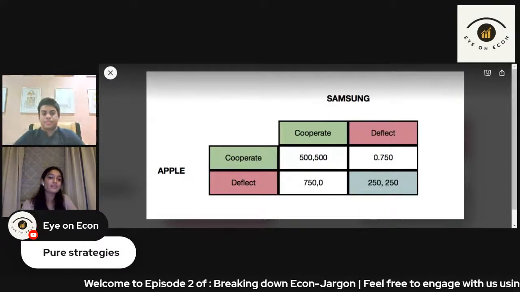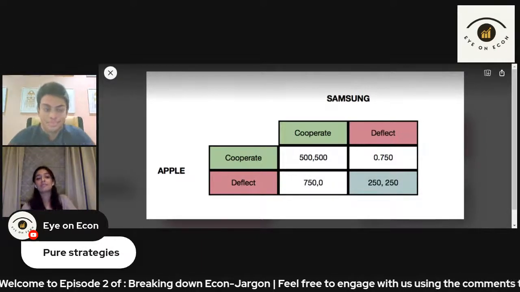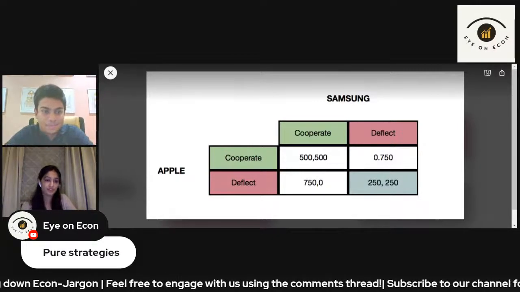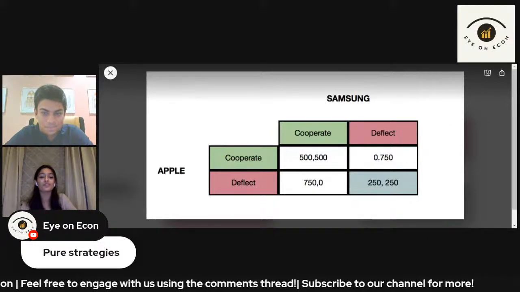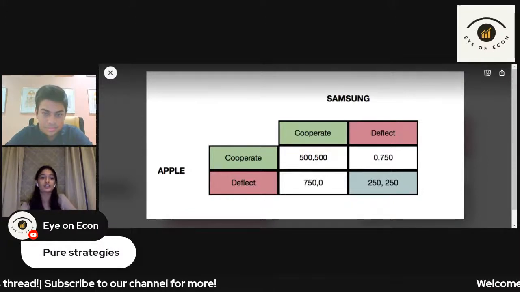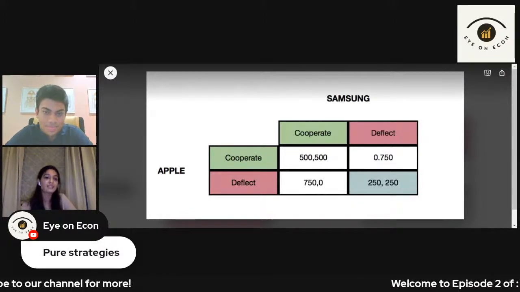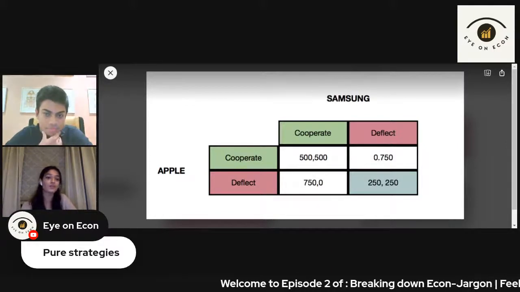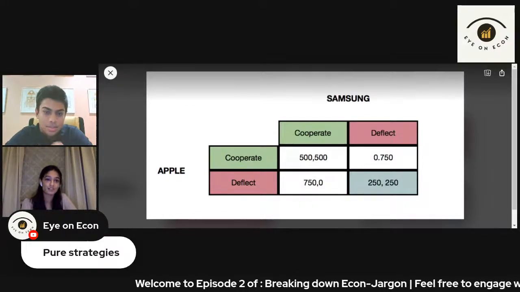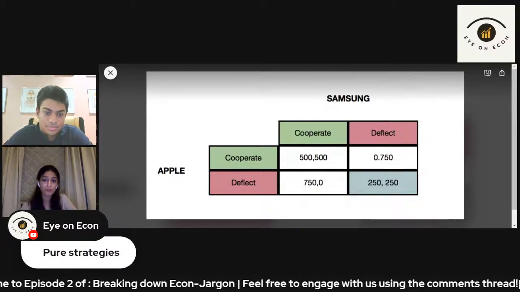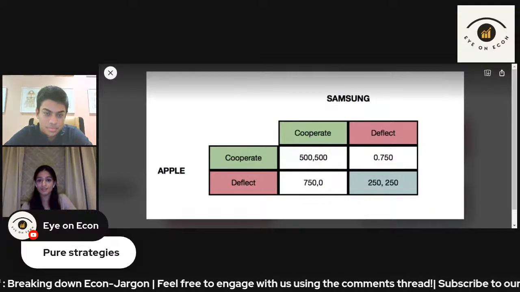And what happens is, what if, let's say, Apple decides to deflect and Samsung decides to deflect, then both of them would reduce their profits completely down to $250. So what they were initially earning of $500, now they're just earning $250. And since this is a simultaneous decision, they don't know which one is going to deflect and which one's going to cooperate. So they just have to take the decision themselves. And a price drop by either company can be then, it'll